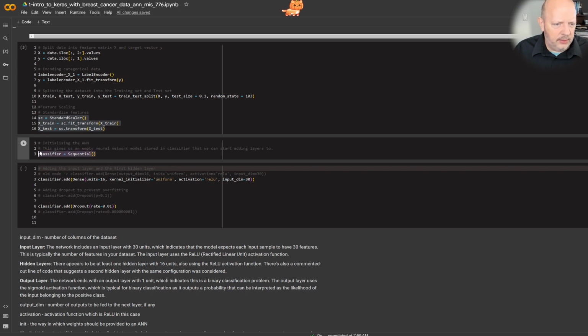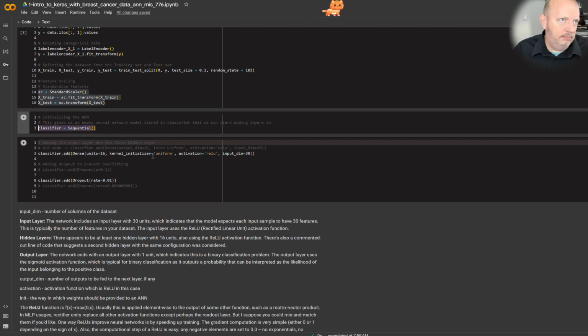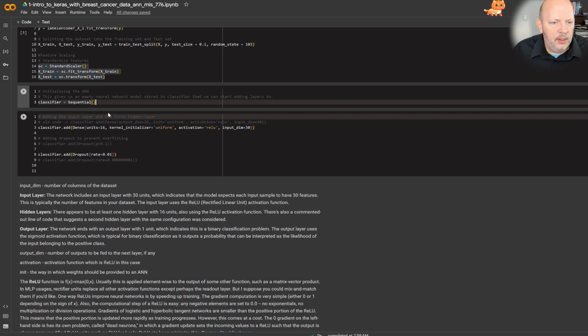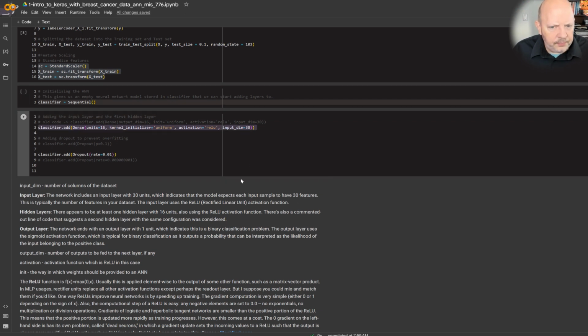This creates an empty neural network that we can add layers to. So here's our layers. We're going to take 30 dimensions, 30 columns, 30 features, and get it down to a 16 unit model, 16 nodes.